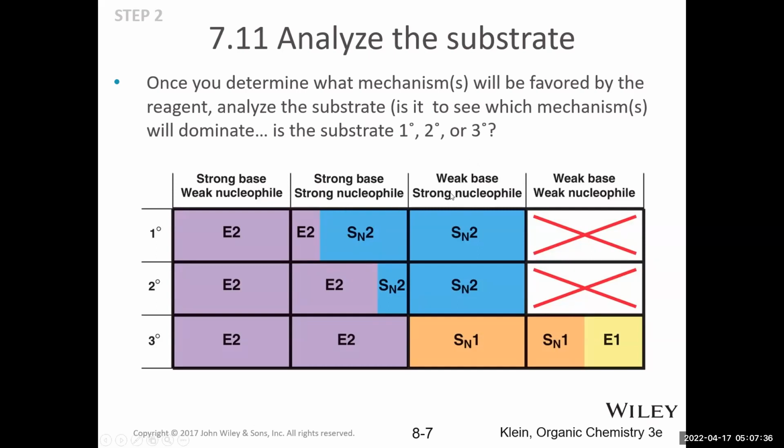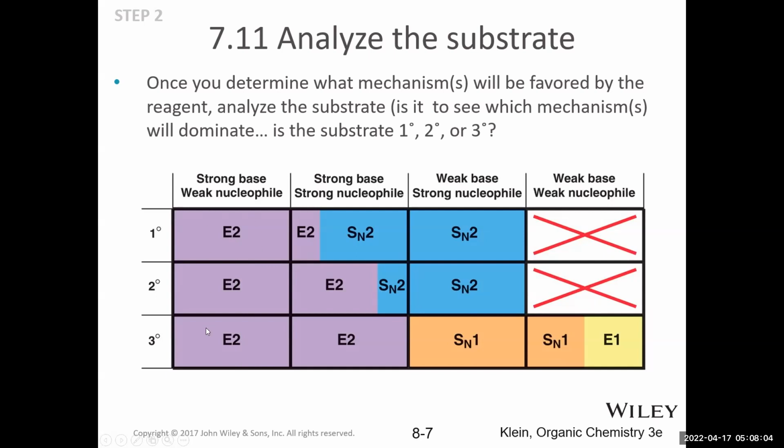Nucleophile only. And weak base / weak nucleophile. So again, the next step is to analyze the substrate. Is it primary, secondary, or tertiary? And then there's even additional ones like allylic and benzylic that are not included in this particular organizational table. So if it's a base only and it's a strong base only, then it will promote E2.